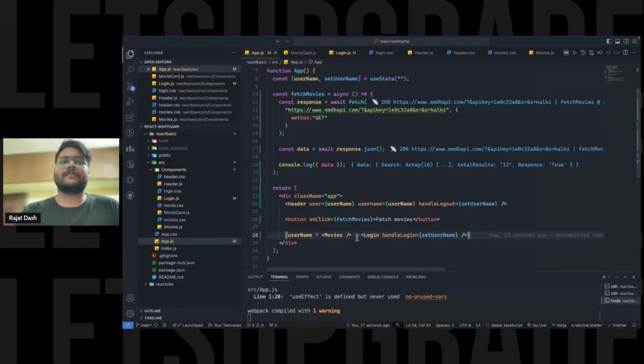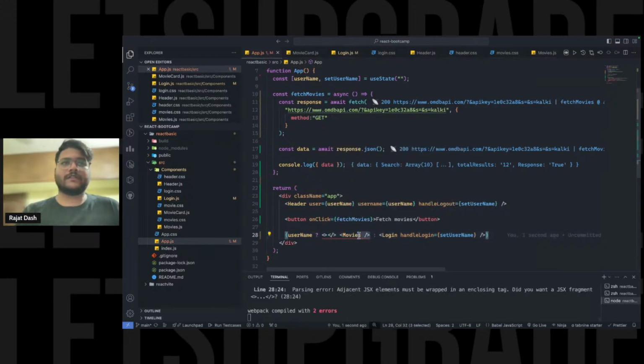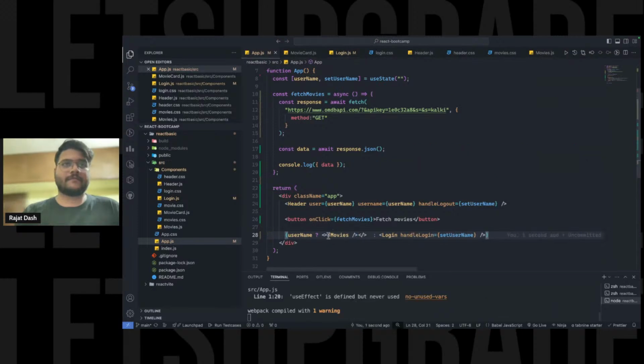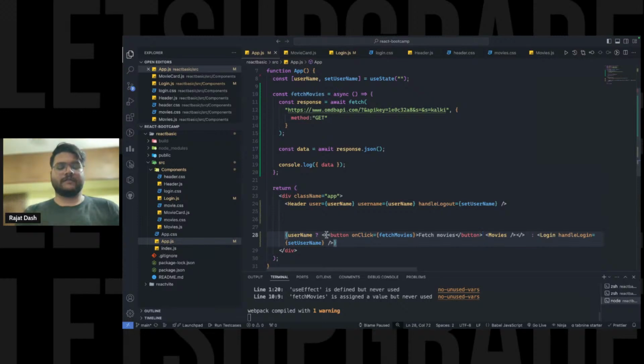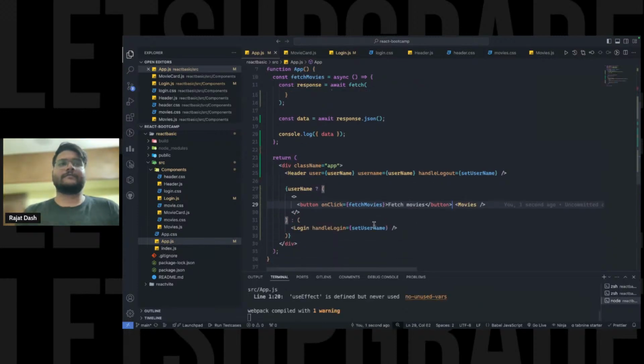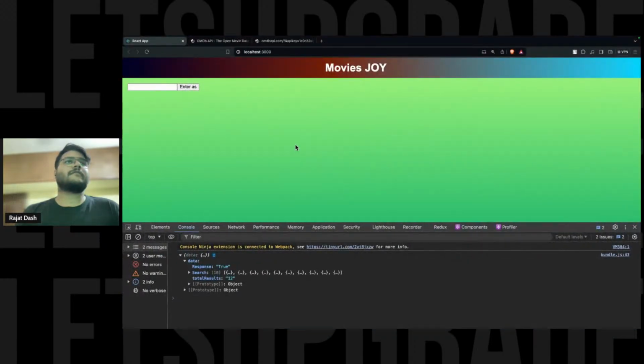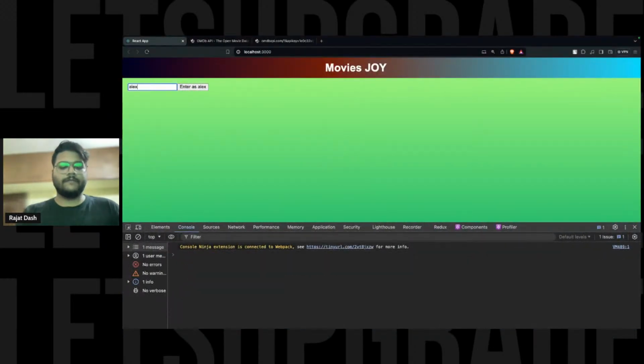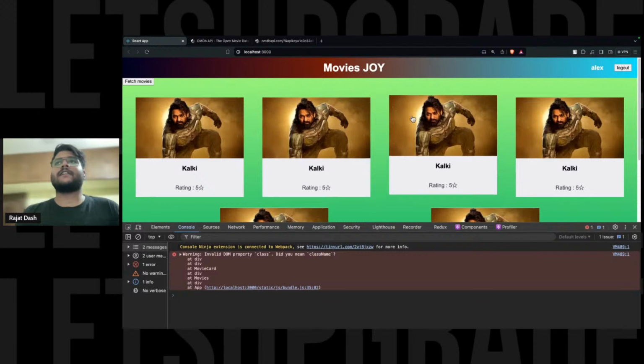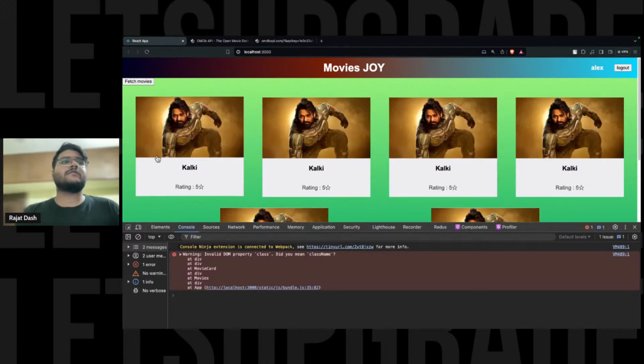But I will say I want this thing to be wrapped inside this. I want my button to be here. I don't want this if the name is not in there. Okay. So if we have a name, then only we can enter here and then only